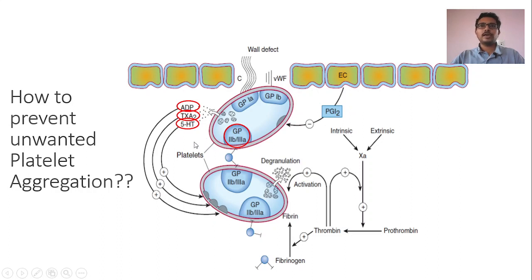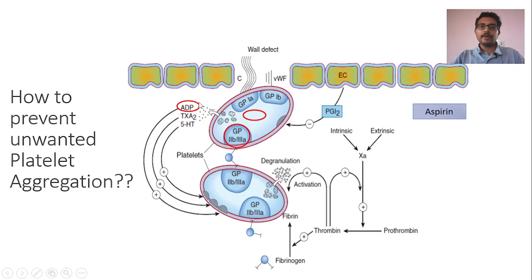Out of these 4 targets, serotonin is not a valid target here because serotonin is ubiquitous, it is present everywhere. From top to bottom it is present everywhere, it is not localized to the platelets alone. So that leaves us with 3 legitimate targets to act as antiplatelet drugs. The first one of those is thromboxane A2. This thromboxane A2 is synthesized inside the platelet through the arachidonic pathway. We have a drug to target thromboxane A2 synthesis, and that is aspirin. So, aspirin is a drug which blocks production of thromboxane A2.